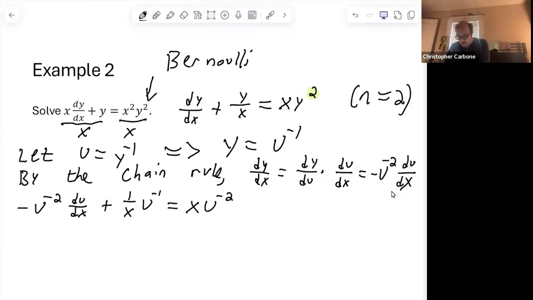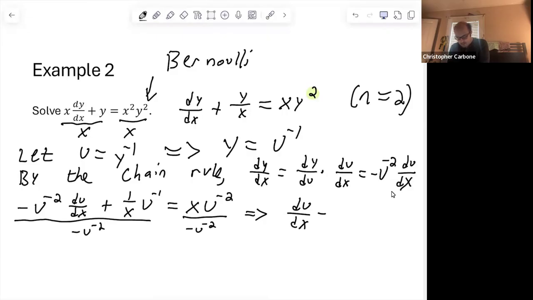So based upon this, we are going to divide by that negative u to the negative second power. So doing that is going to give us du over dx